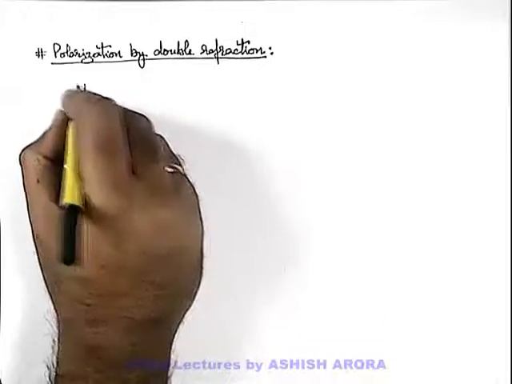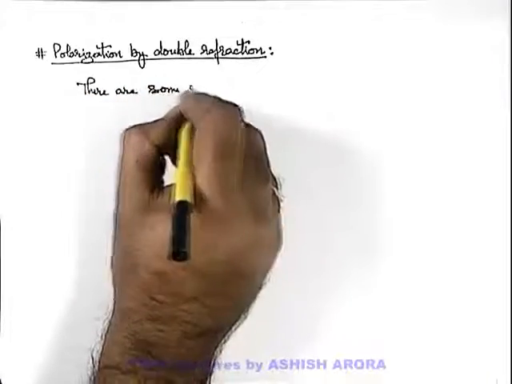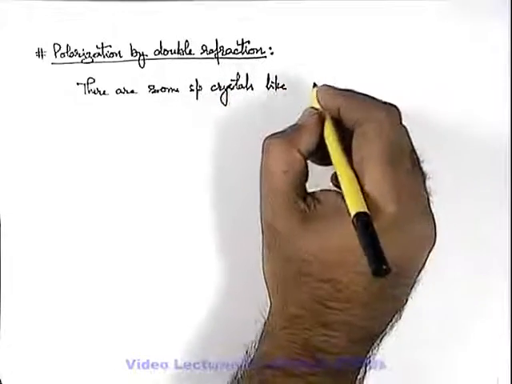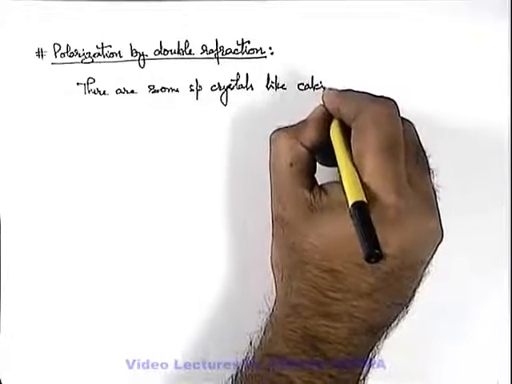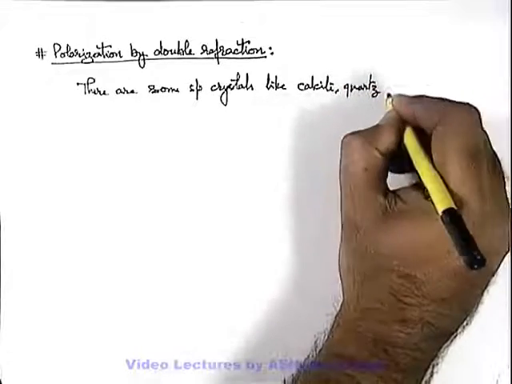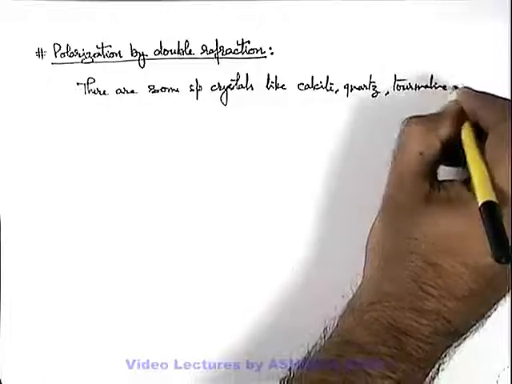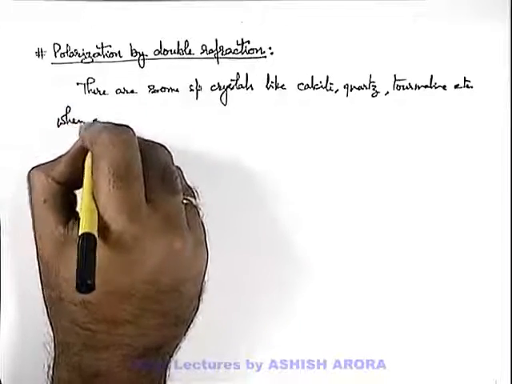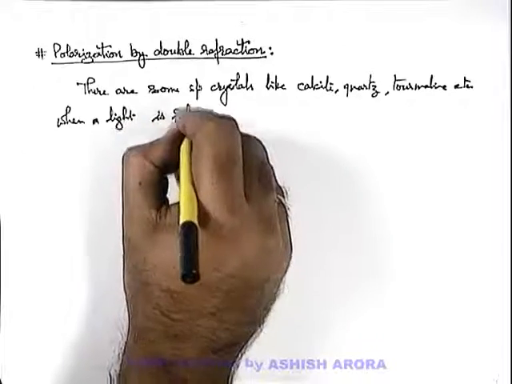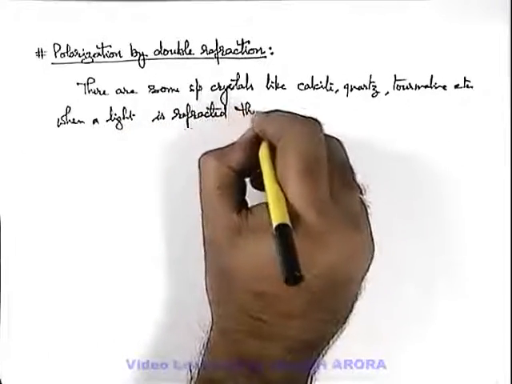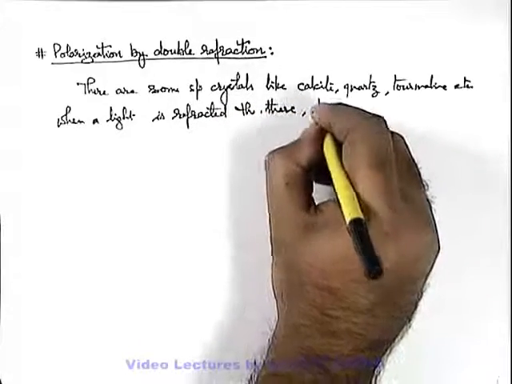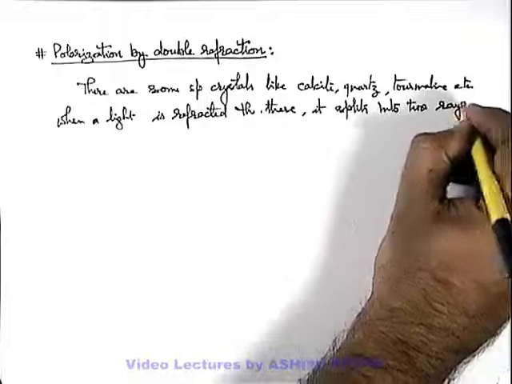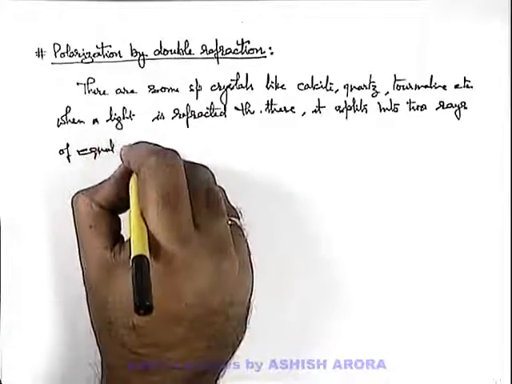About double refraction, here we can write that there are some specific crystals, like you'll study about these crystals in chemistry in detail, about their chemical structure, like calcite, quartz, tourmaline, etc., which have some specific characteristics, like when a light is refracted through these, it splits into two rays of equal intensities